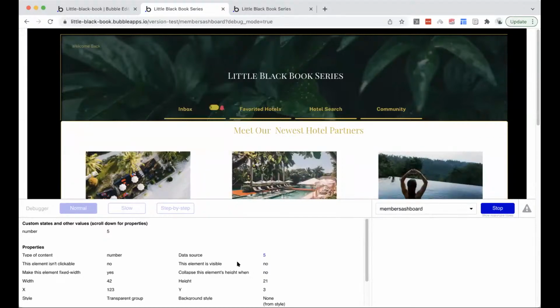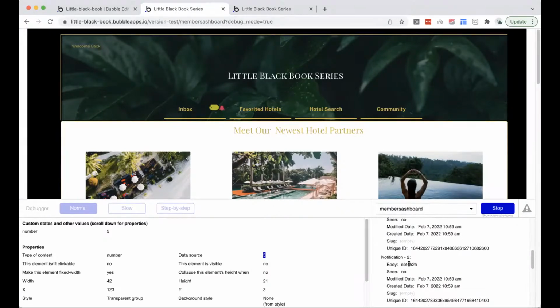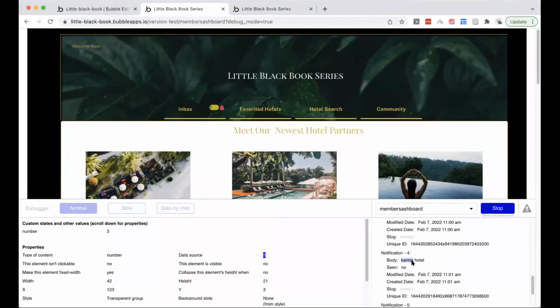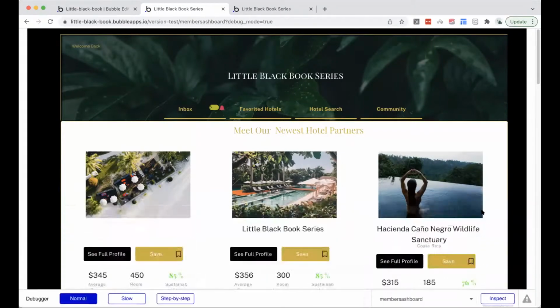They have 5 unread notifications, which are basically these ones. Do you see? Karma Hotel. And then what you will need to do is that when they click here, this should redirect the user to somewhere where they see the notifications. And when they land on that page,